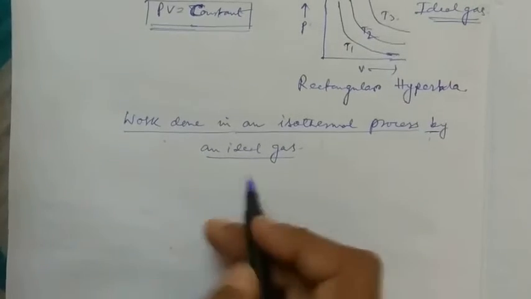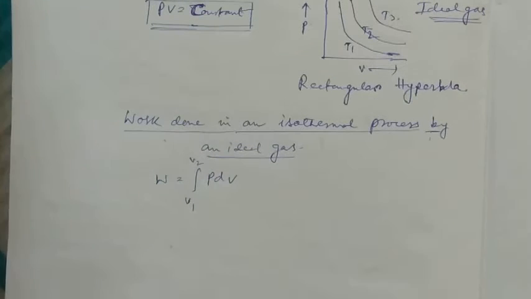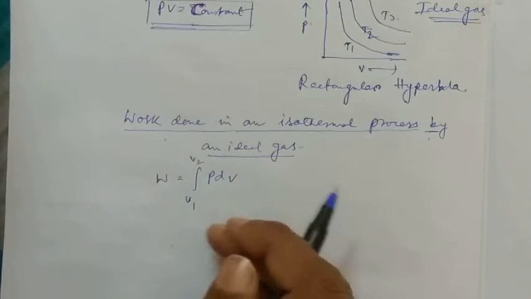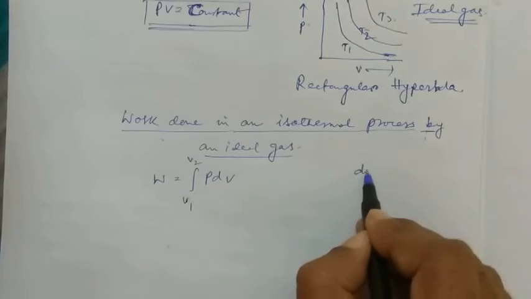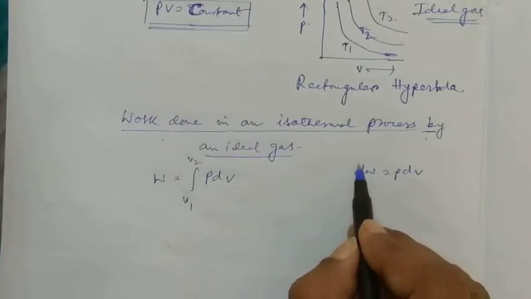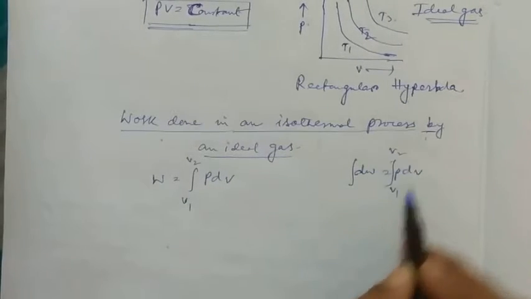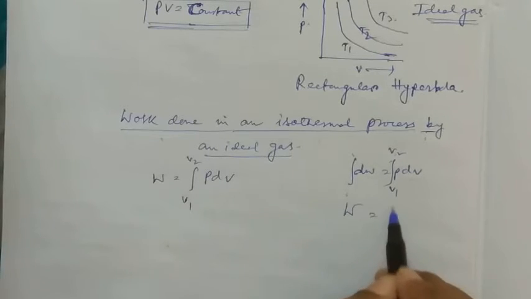Now we had derived the formula W is equal to the integral from V1 to V2 of P dV. This was the formula for the work done. That means for a change in volume dV at constant temperature of a certain amount of gas, that means a fixed mass of a gas, work done dW, we had already done, is equal to P dV. So you are going to integrate both the sides, from V1 to V2, as this is an integration with respect to V, the upper limit and lower limit consist of the volume, and this becomes W is equal to the integral from V1 (lower limit) to V2 (upper limit) of P dV.